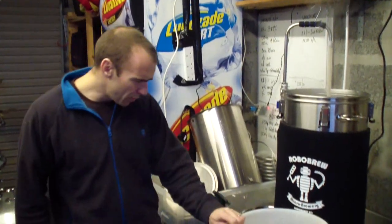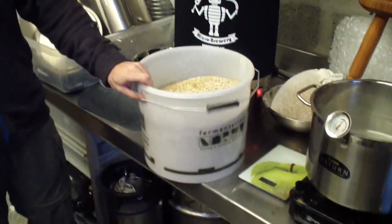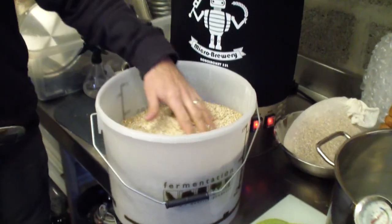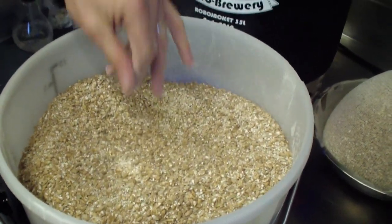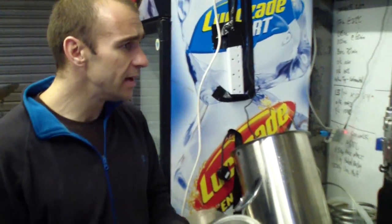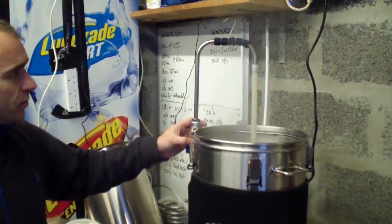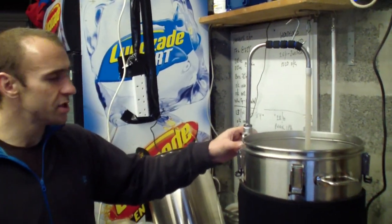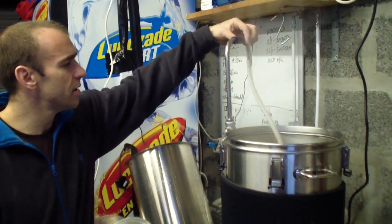So now we're pretty much up to temperature. So what we're going to do is mash in. We're going to take all our grain here. All we've got for this recipe is just 5.5 kilos of Maris Otter. So we'll mash this in. First, we'll swing this pump arm, or recirculation arm, out of the way. So just flip these little babies up, swing it around slightly,